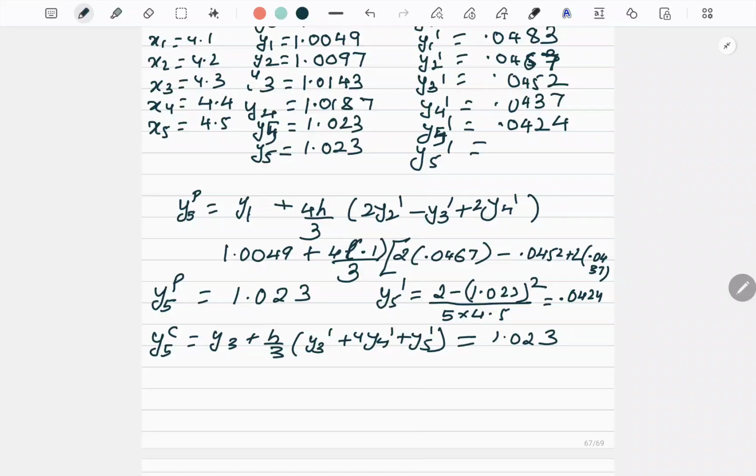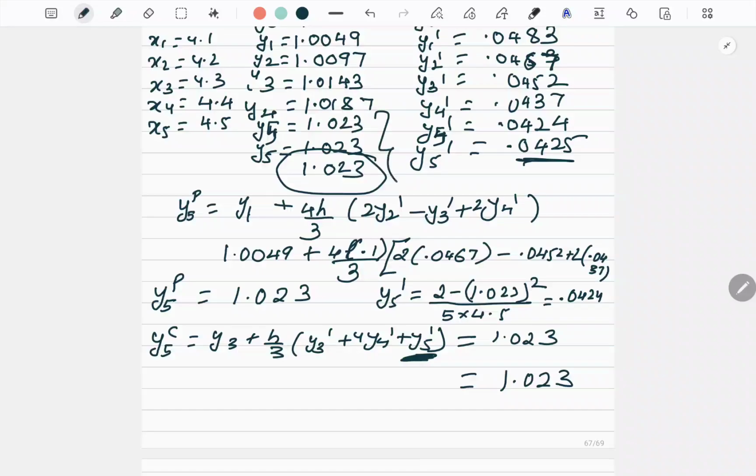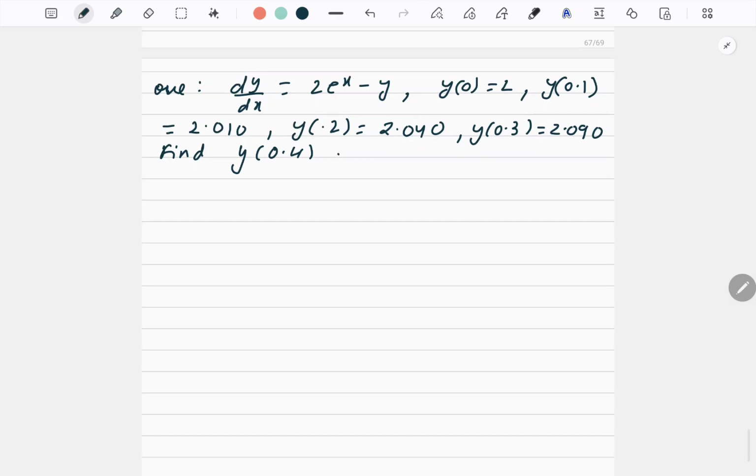Now I will correct it, find out the derivative again at this point, right? So when I'll put it there and again I will find out, I'll get 0.0424 again, and again I'll apply the corrector formula, and here I'll put the new value, 0.0425. Okay, so again I will get the value which will be 1.023. So 1.023, this is the final answer. If you observe, all came same, though I have corrected it twice, but I got the same answer. But always it will not happen, little variation may come in few decimal places.